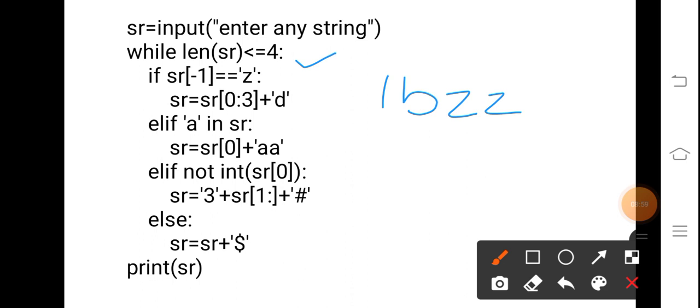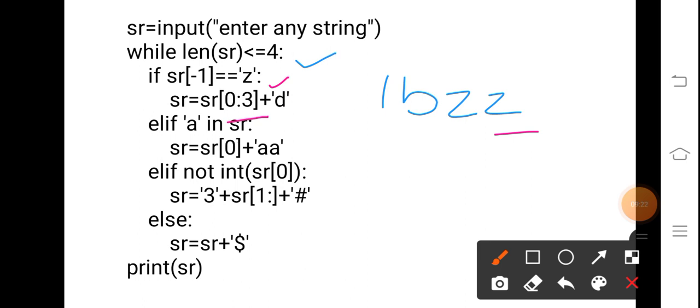We will come inside the loop. And what is the condition? This if is checking whether it contains z at the last index. So the last index contains z, and this condition will be true. So what will be the value of SR? Now see the indexes. It is written 0:3.